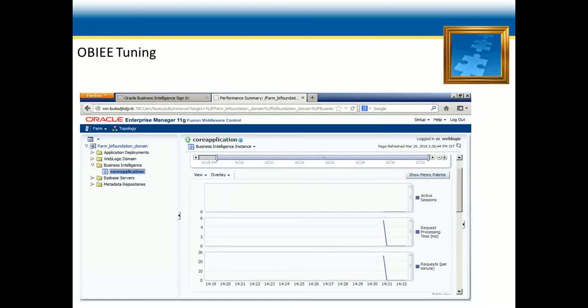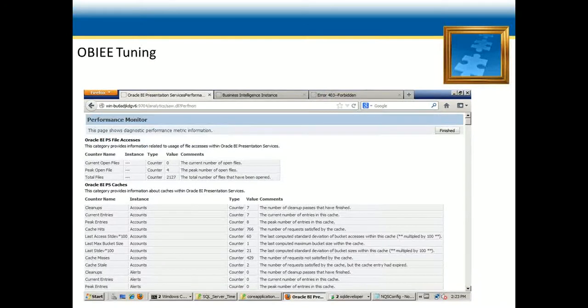Requests per minute, how many users are hitting the server with requests. So here is the palette. You can track how many users there are or the request processing time. Likewise, we will have such components in the Enterprise Manager console. So this will be a step for the tuning.